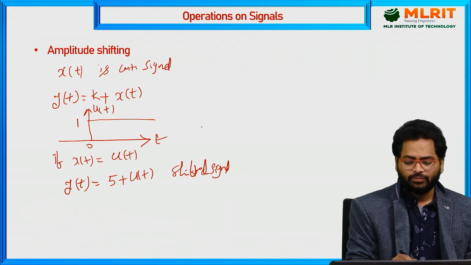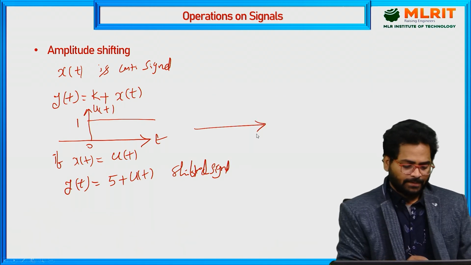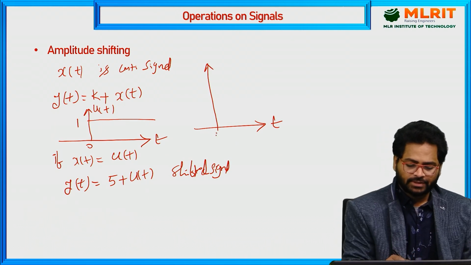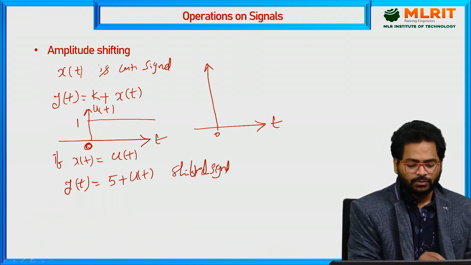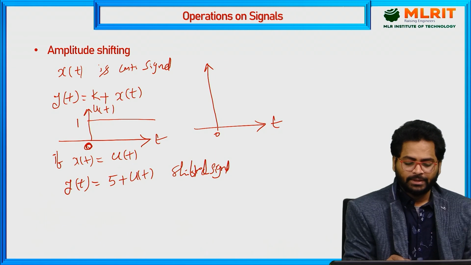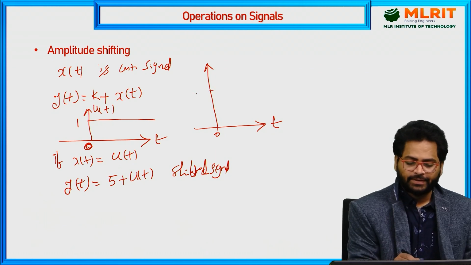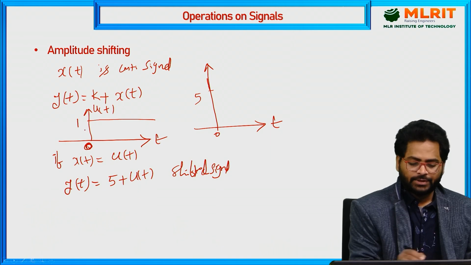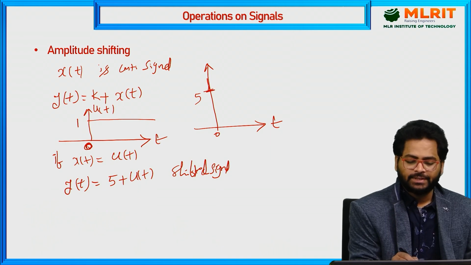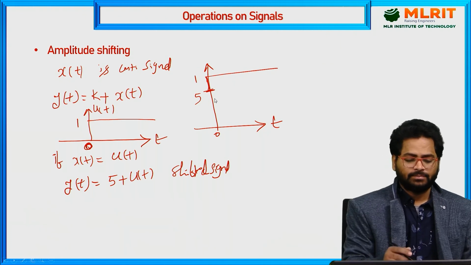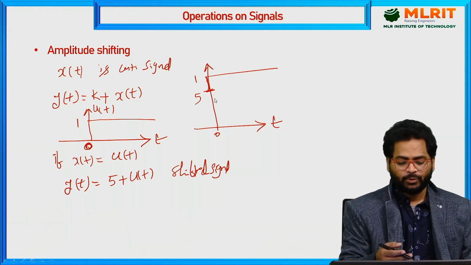Then how will we represent this in the graphical domain? This is time t. Shifted means initially the amplitude is at 0 and now your signal will be shifted with respect to 5 units. Let us take this is 5. Now from 5 onwards your signal will take the 1 unit. So it may look similar from the scaling point of view, but if you take another signal,